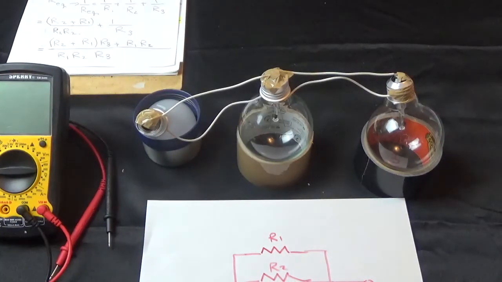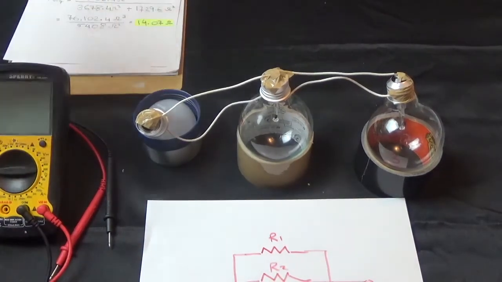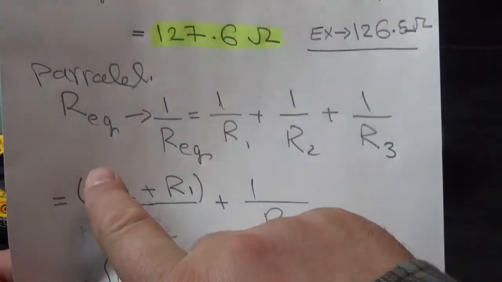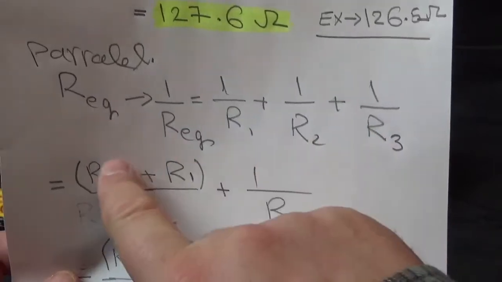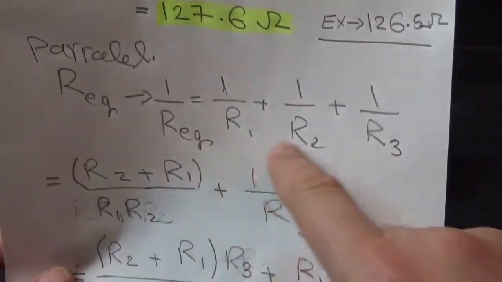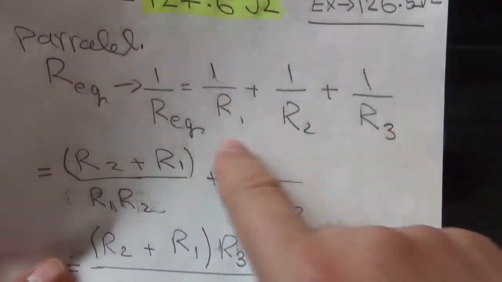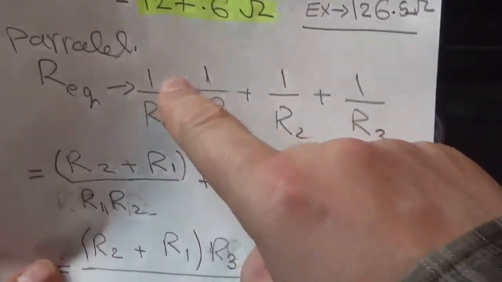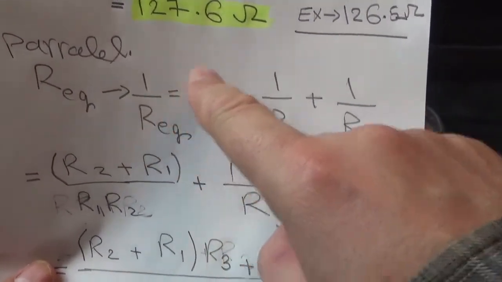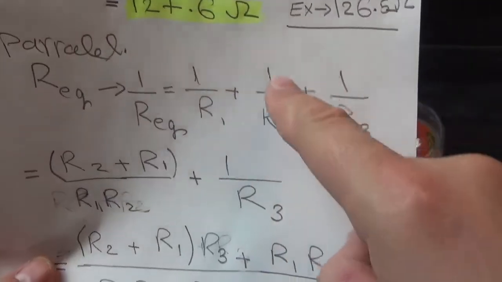But before we do that, we need to go through the equation that we use to calculate the equivalent resistance in parallel. So 1 over R equivalent is equal to 1 over R1